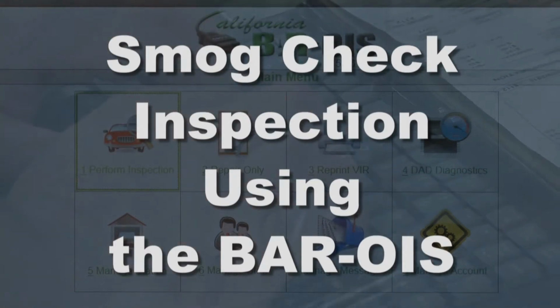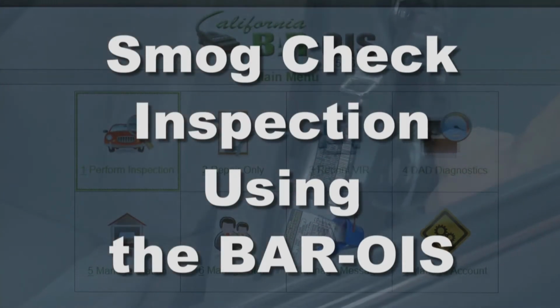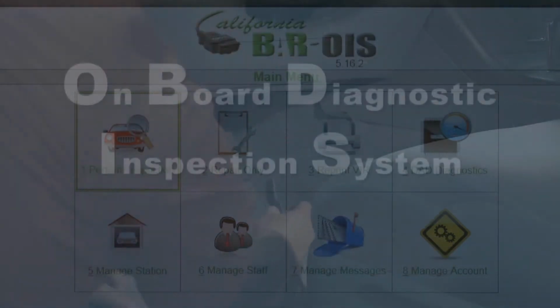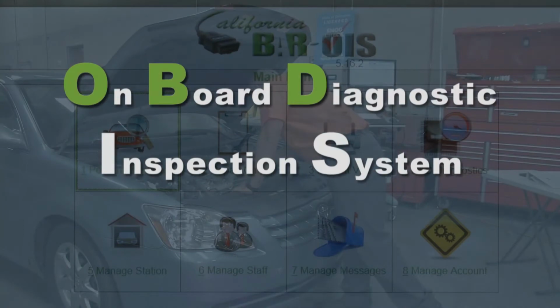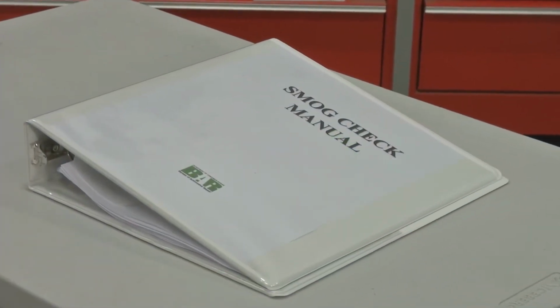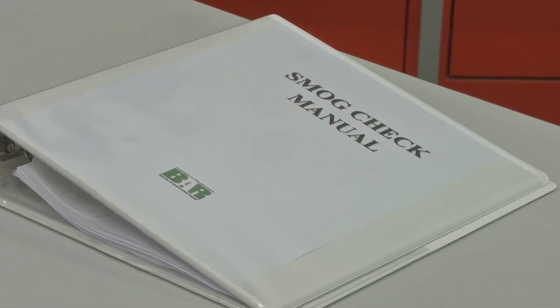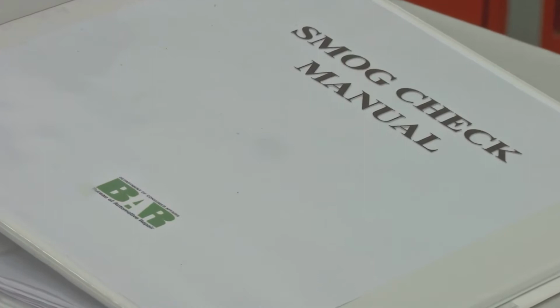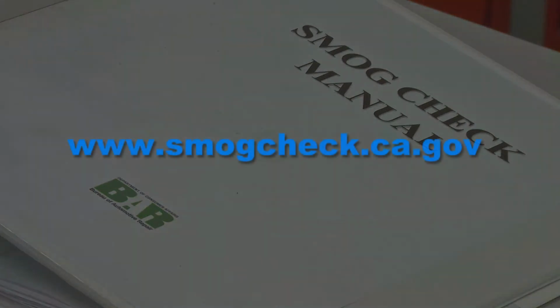This video is intended to provide a basic understanding of the procedures involved in conducting a smog check inspection using a BAR OBD inspection system, or BAR OIS. Refer to the latest version of the Smog Check Manual for full inspection procedures and also to determine which vehicles require an OIS inspection. The Smog Check Manual can be obtained from BAR's website at